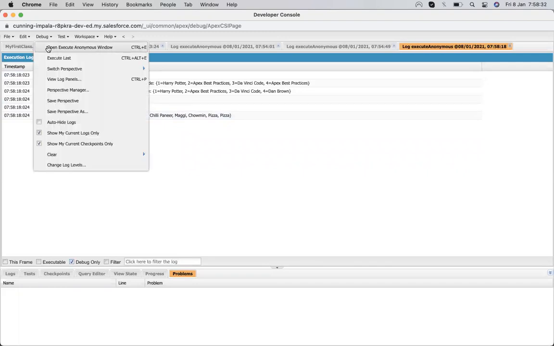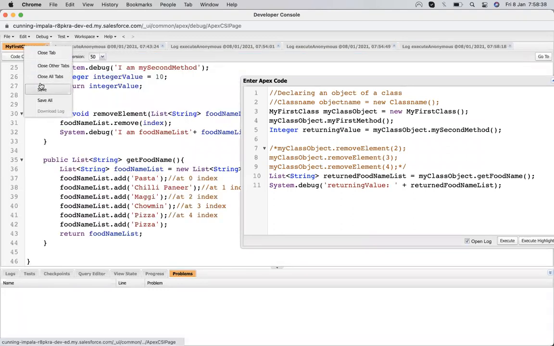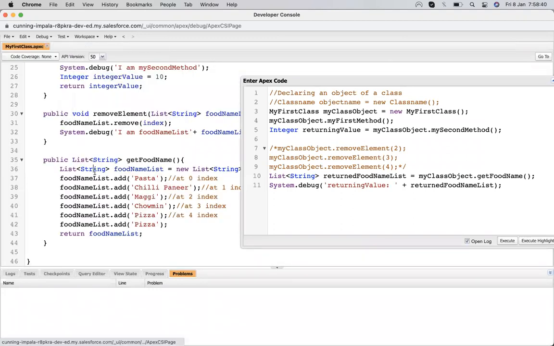Now I'm going to call my method. Other tabs, let's close. Now I'm going to call this remove element method. I will go to the second element, so I will remove it from the second element.